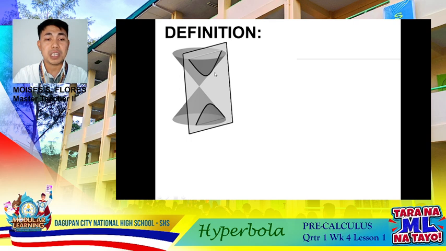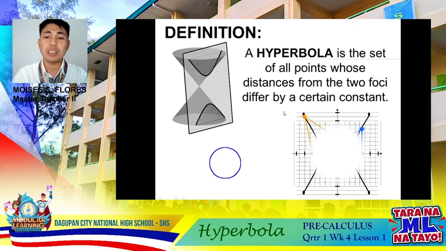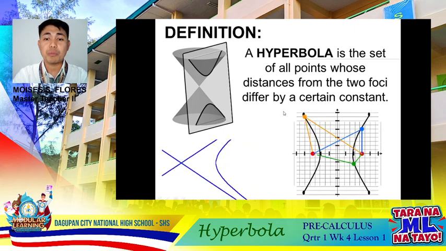It has two pieces called connected components or the branches. Take a look here. These branches are said to be mirror images of each other and resemble two infinite bows. That's how we define a hyperbola formally. It is said to be a set of all points whose distances from the two foci differ by a certain